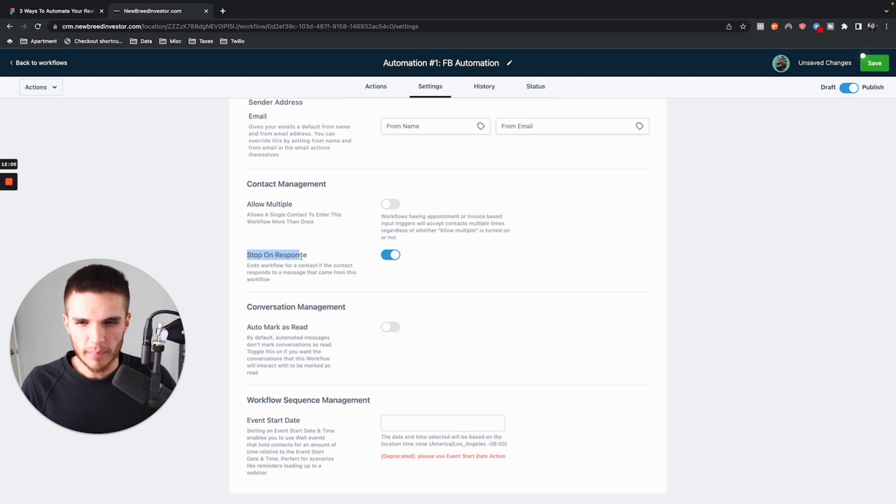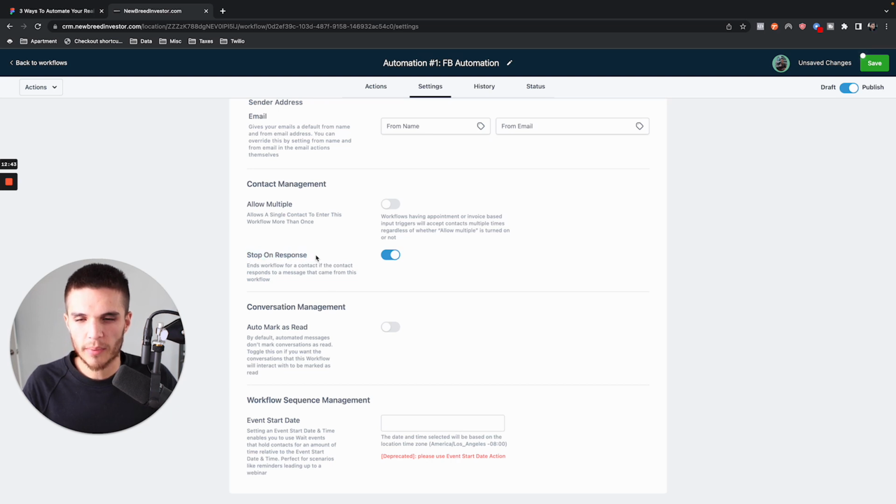And then the stop on response, I know that we do have, and like I said, people turn off these settings or whatever, but I like to build things where they're a lot more conservative, and you get into less issues with the leads around messaging them later or sending them too much automation. I don't like to over automate stuff. I like to use the automation as a baseline of just contacting the lead. But I do feel like there's nothing like a human reaching out to you, that human to human contact. So